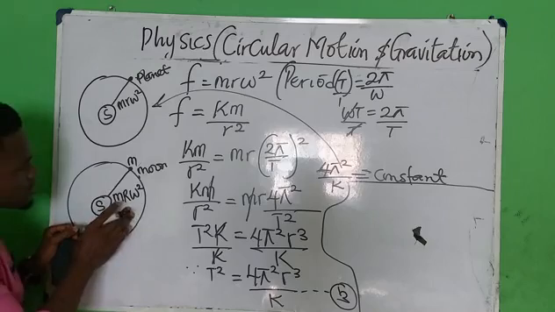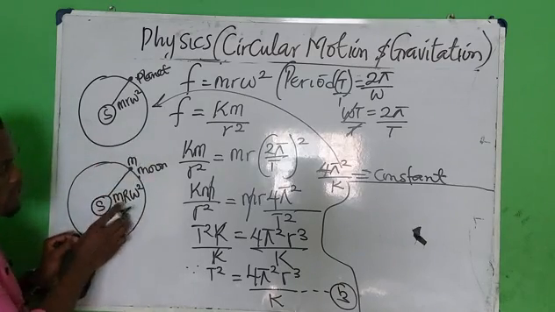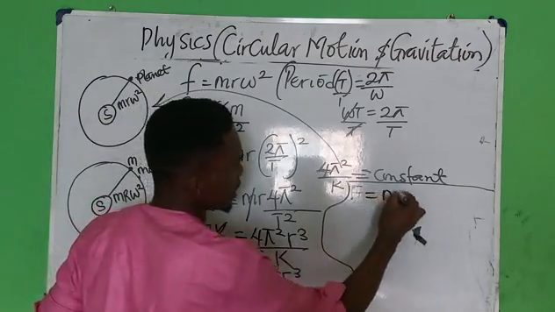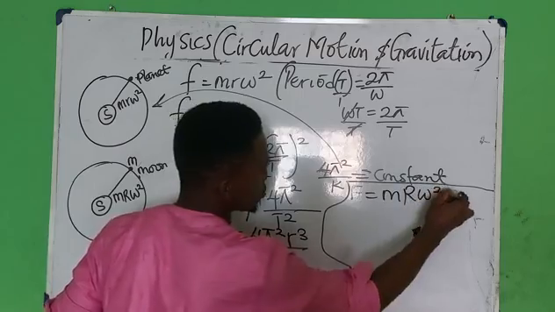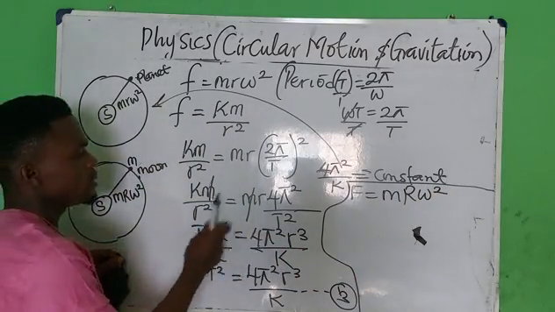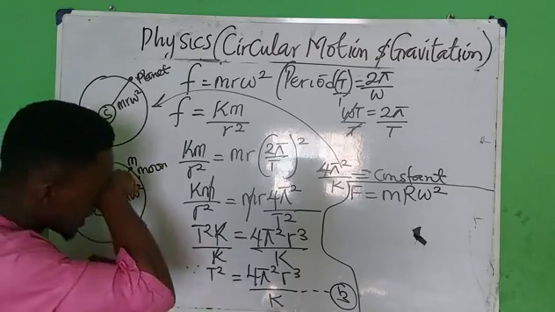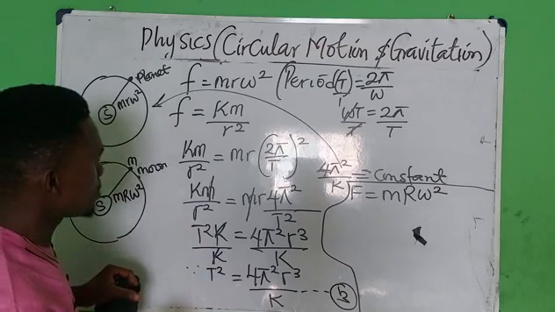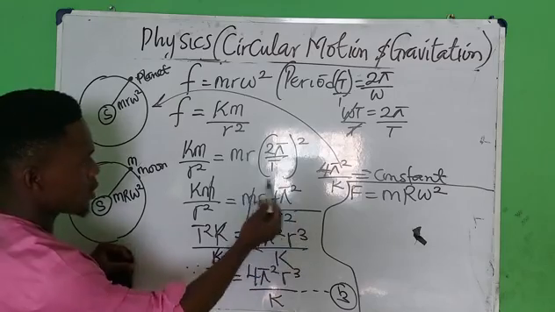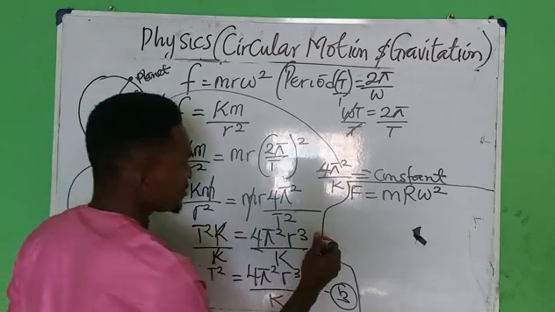From the second law, F is equal to what? mRw squared. If I do the same thing I did here, I'll arrive at this point. Okay, let me take it back a bit. Let me bring everything here. I want to bring it this way, okay? So if I'm bringing it here, it therefore means that